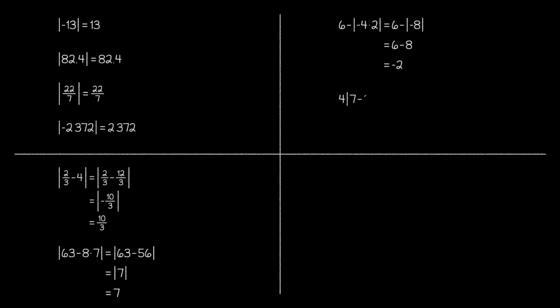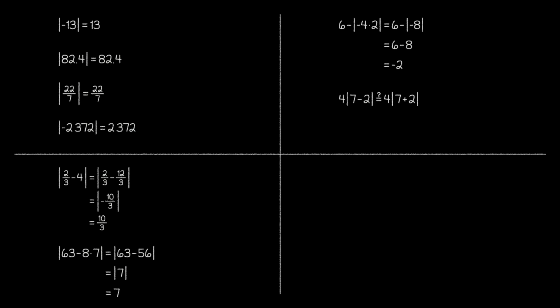Next, let's look at this problem. It might seem pretty straightforward, but one aspect of the problem that can trip people up is the subtraction inside the absolute value bars. The temptation for some is to turn it into a plus sign since the absolute value makes things positive. Remember, though, that the absolute value bars function like a set of parentheses, so our first step